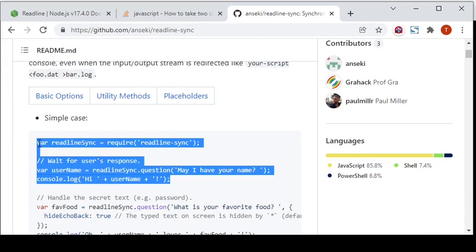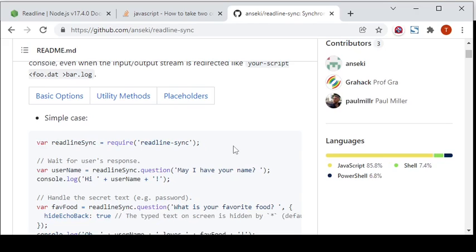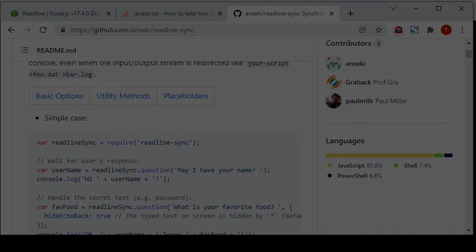First, you do not need to first create an object with the two arguments stdin and stdout. And second, you do not need to use a callback function, but instead the method question returns the input in a synchronous call. So now I will use that library in my program, but first I have to install it.